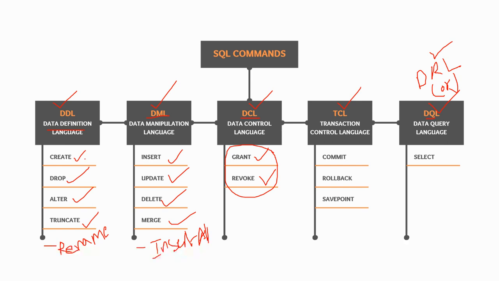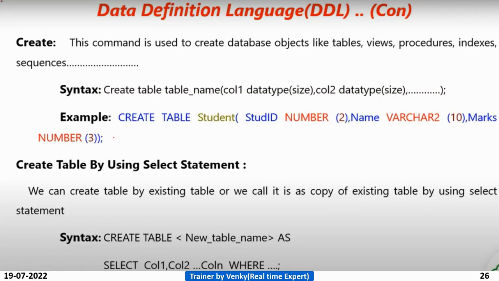So this is one separate concept, guys. Every command is one separate concept. You need not worry, we will discuss it again. DCL. Transaction Control Language: commit, rollback, savepoint. DQL or DRL, Data Query Language: select. Now